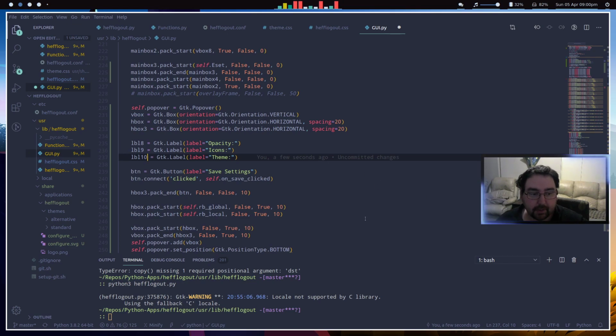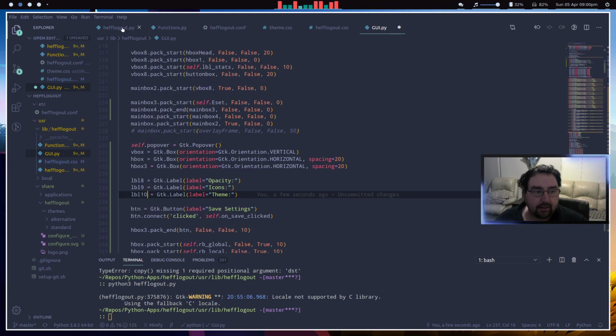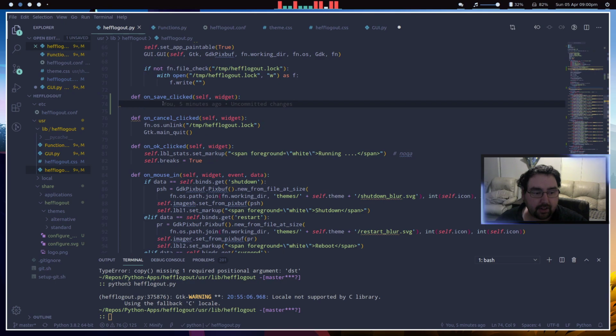So, making a little options menu for Hefflogout. Me and Eric were talking earlier about his idea on a little editing menu, so what I've done is testing it out on